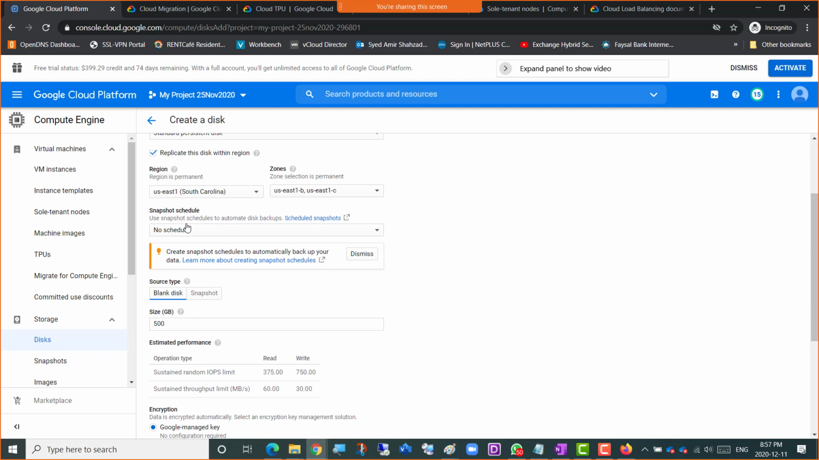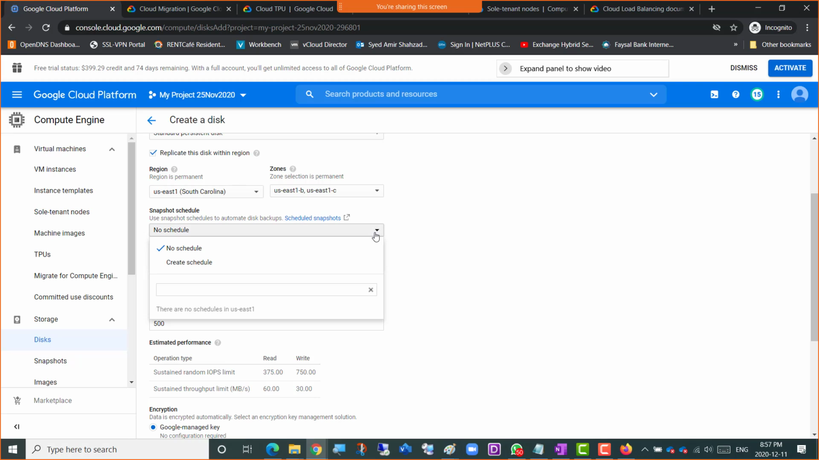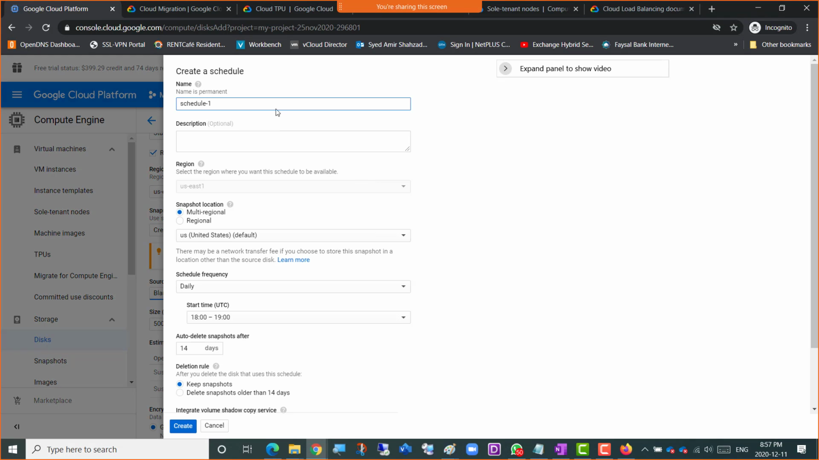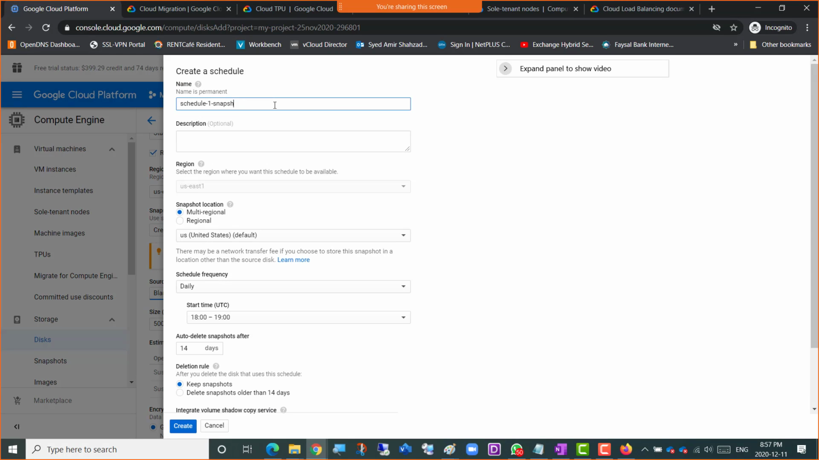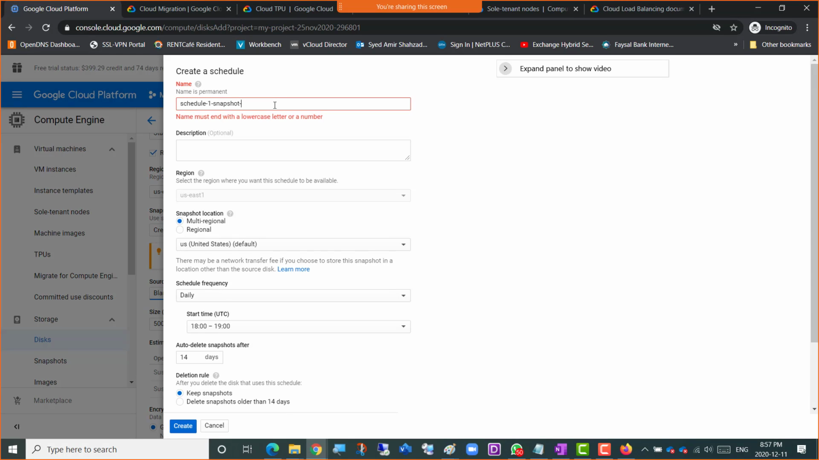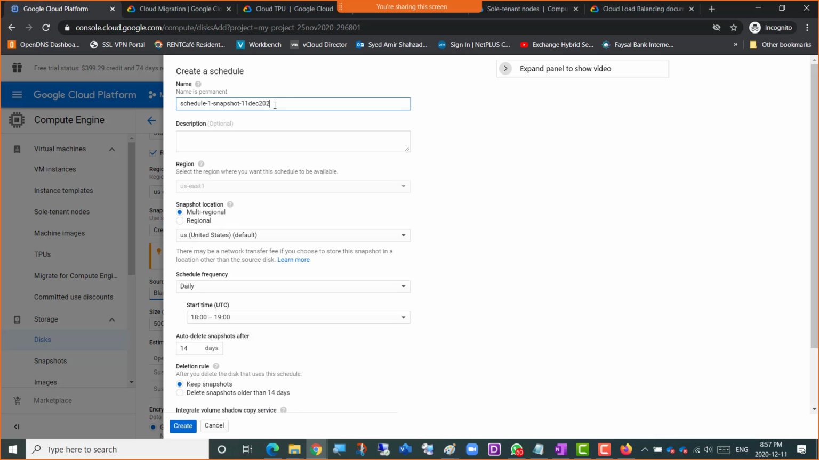Snapshot schedule. Use snapshot schedules to automate disk backups. Maybe it's that important. So you would go for create a schedule for snapshot, which keeps taking snapshots of this particular disk that you're attaching. So I'm going to click create schedule here, and that would be schedule 1 snapshot dash 11Dec2020,